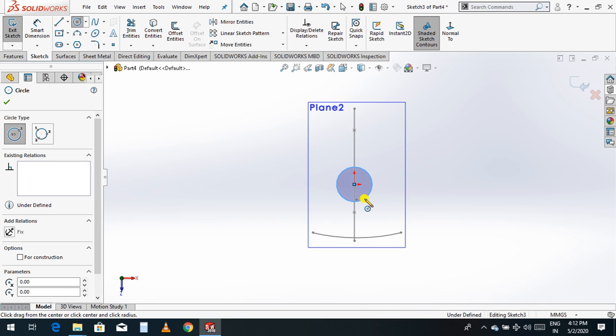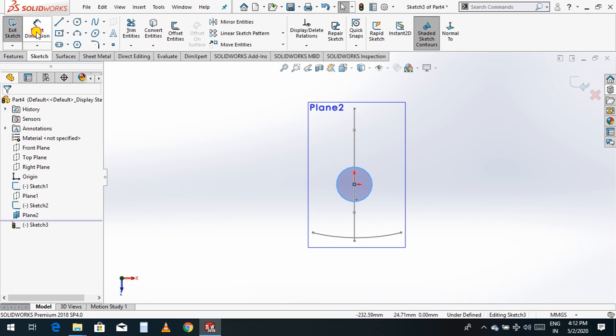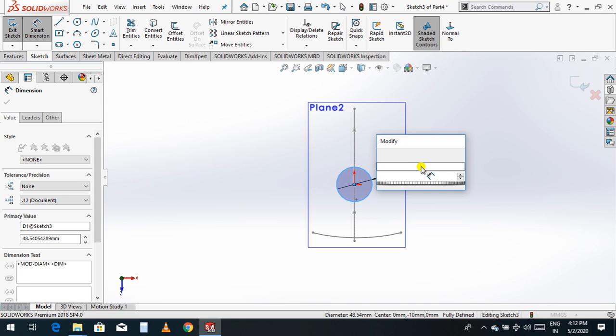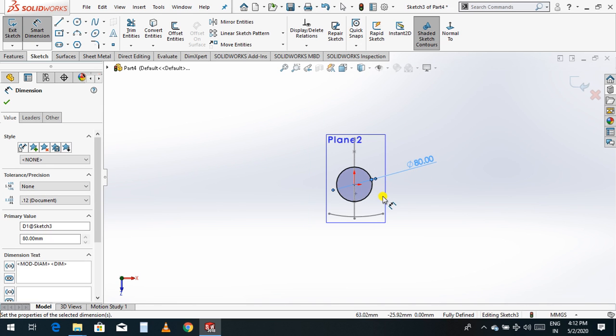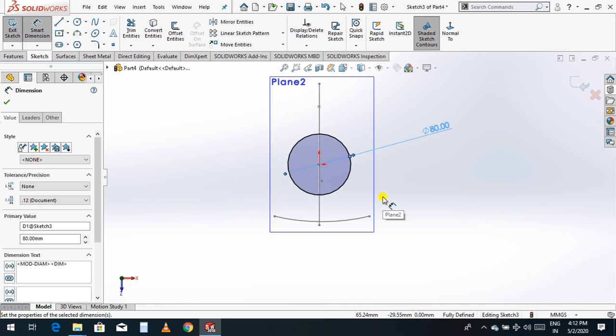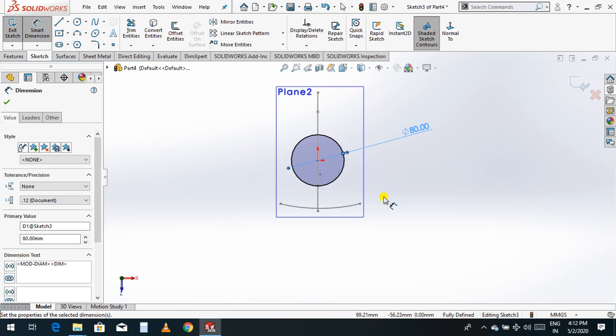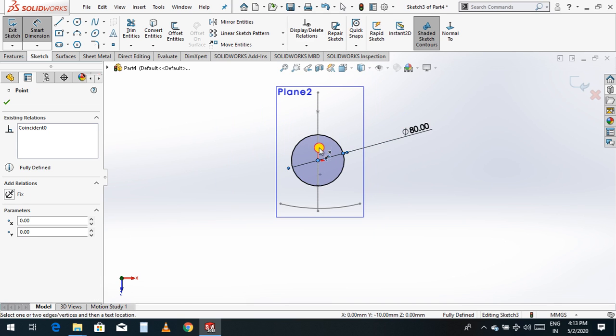I'll give a dimension from this point, take the smart dimension, and I'll take it 80 mm. And this is 80.